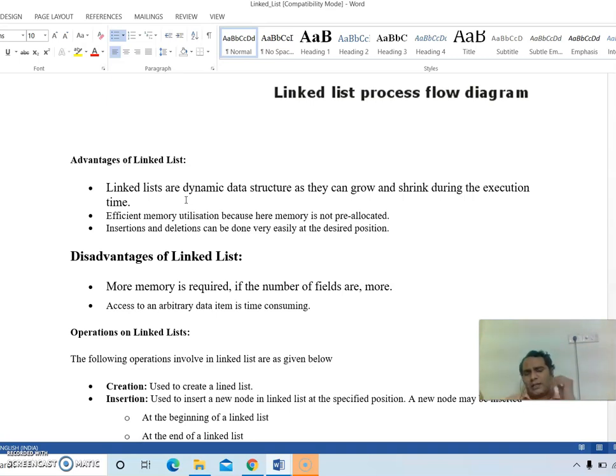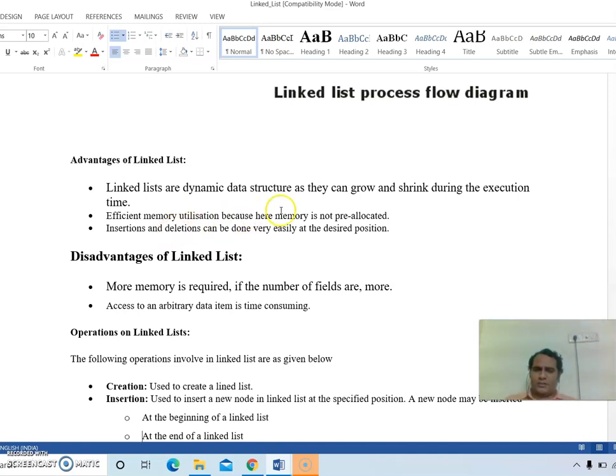So I can have 10 elements, and if I want I can include an 11th element also, because at the beginning I am not confining myself to a limited size as happens in static memory allocation. When and where I want, I request the compiler and the compiler allocates the memory dynamically. So there is no limit. If at all we need to name a limit, that would be the maximum memory limit. Whatever heap is available goes on being allocated.